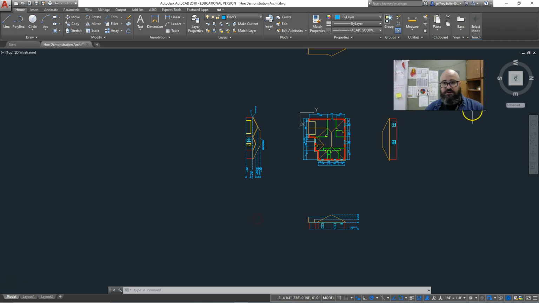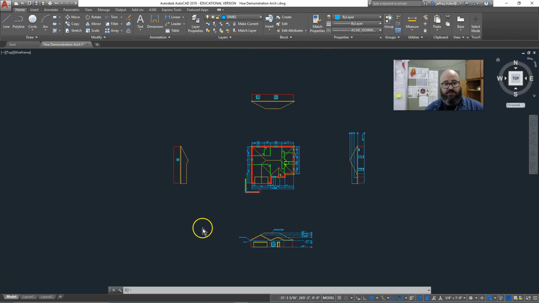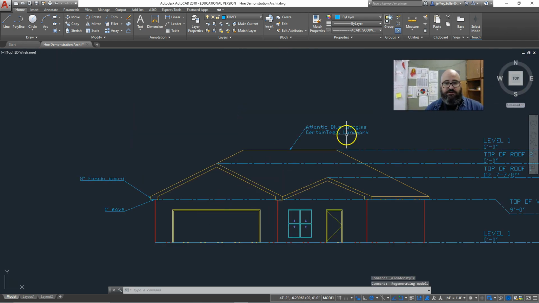annotations in the notes and stuff like that. So go ahead and put a few notes, kind of like what I did right here. Mark your shingles, your fascia board,